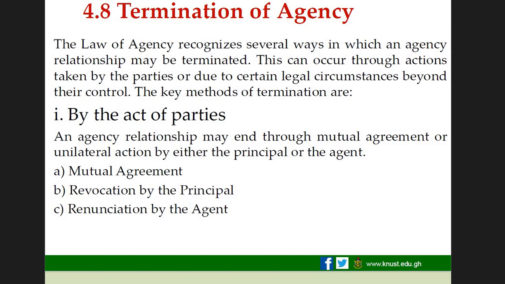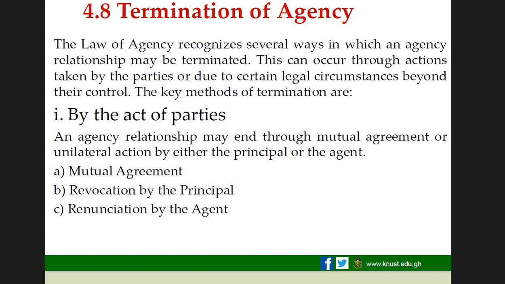Termination of agency. We are going to look at it in some ways. One is by the act of the parties. By the act of parties, we are going to look at mutual agreement, revocation by principal, and renunciation by the agent. The mutual agreement we are talking about here means that both sides agree to end